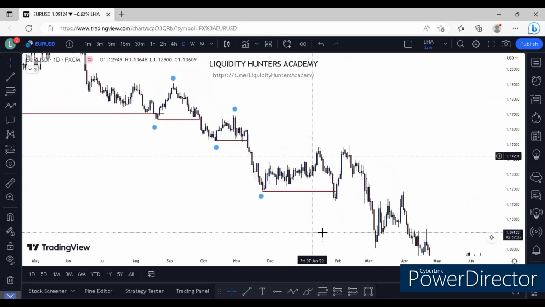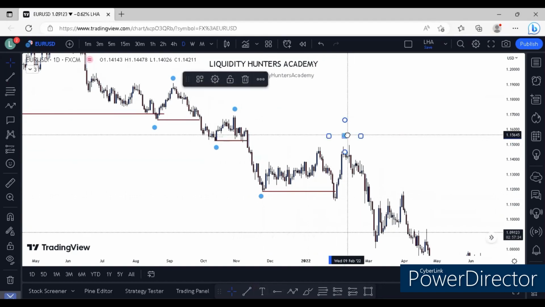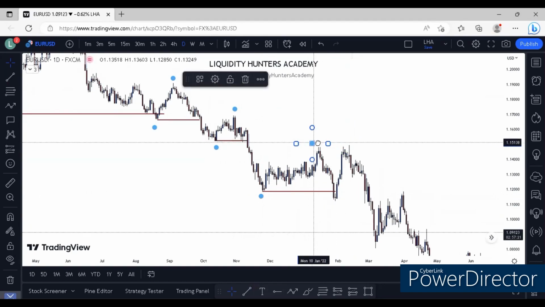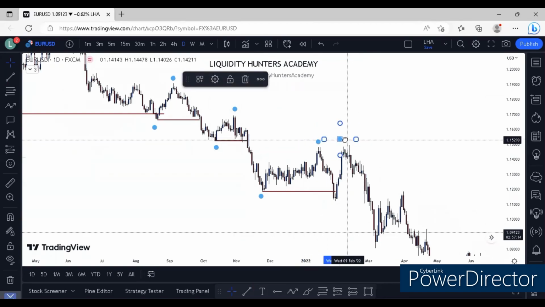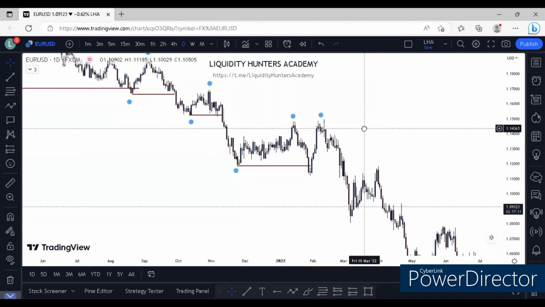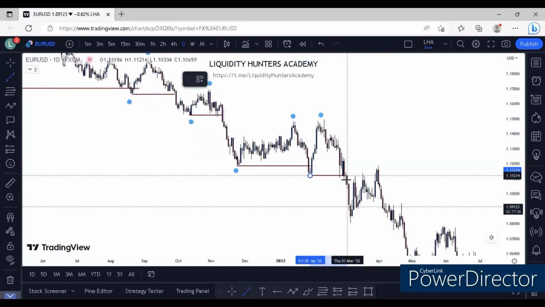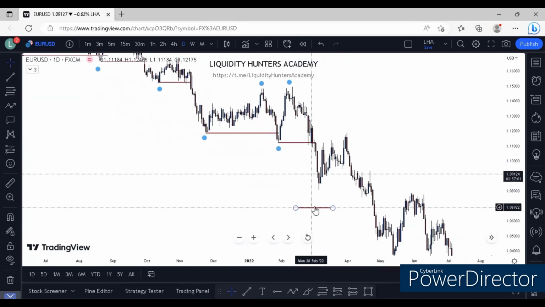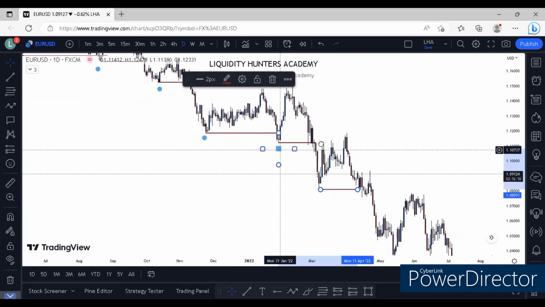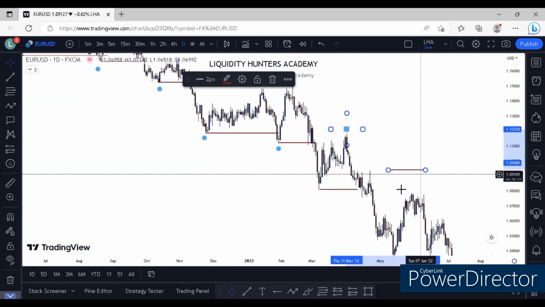Okay, and we created a high which is basically here. But since this high didn't break anything, we can consider it is at this level. And we broke structure again. So here we have it like this, and now we have this break of structure, this high here,